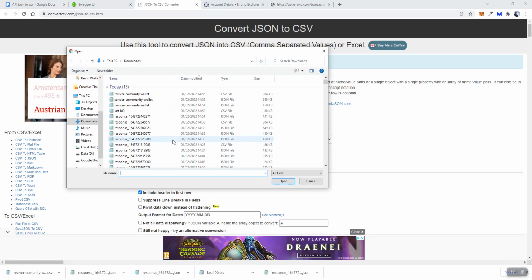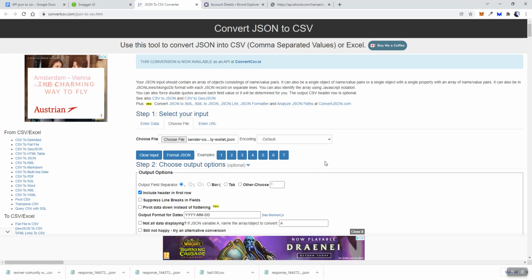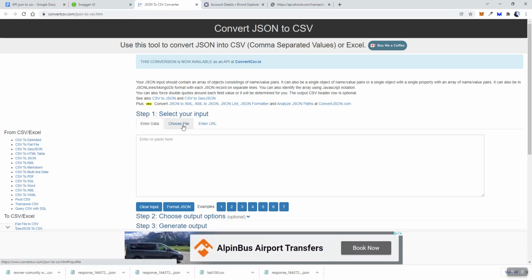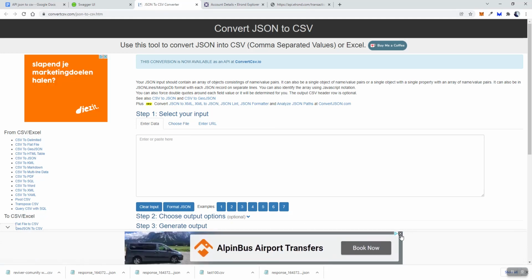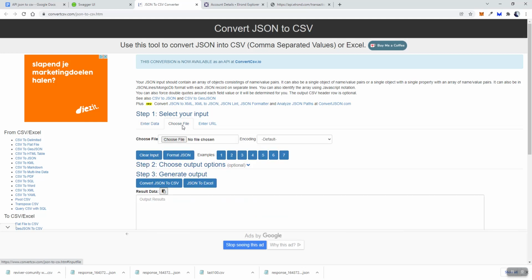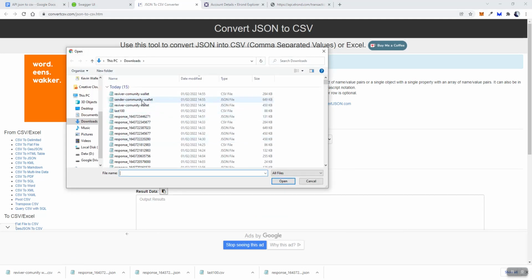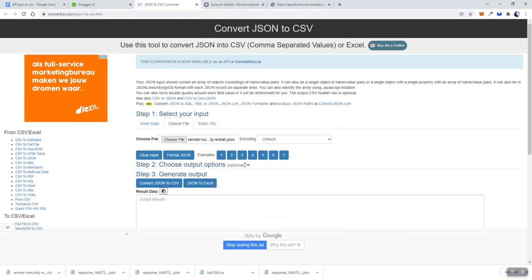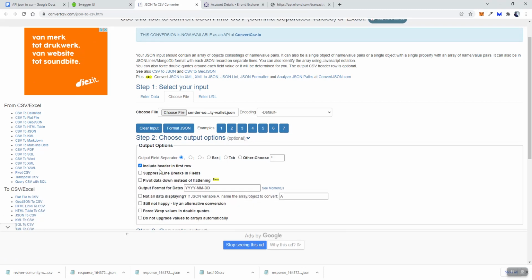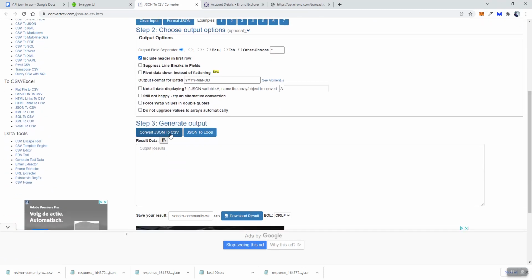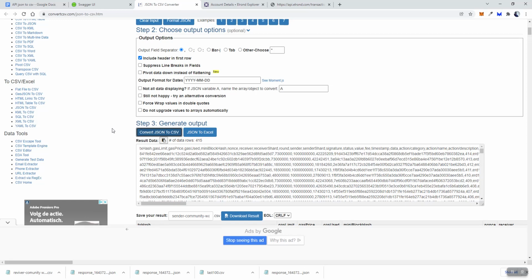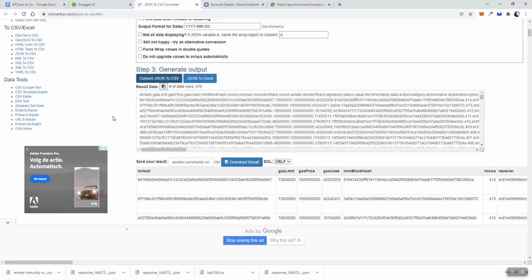And then again, I'm going to have to do this for the sender wallet. I'm just going to open that, and in this case I might just refresh again. Sometimes it doesn't work on the second run, so it's always better to refresh with this application anyway. So choose file, I'm going to hit the sender community JSON file. Check the outputs, make sure it has the included header, convert JSON to CSV, and here you'll have another big drop of transactions,